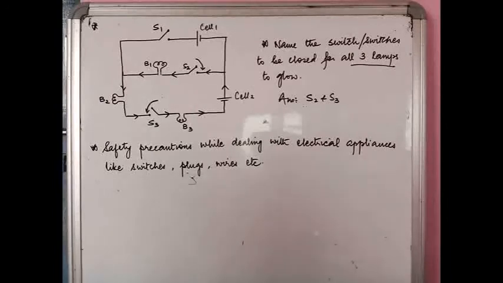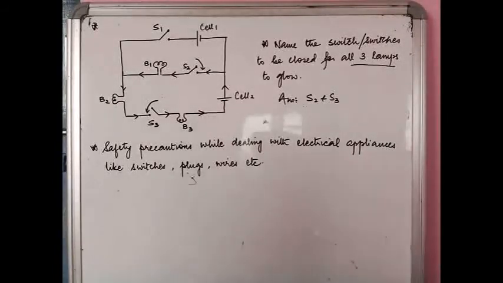There should be proper insulation, especially for high current carrying wires and for appliances which require a lot of current draw. Okay, so if you are using appliances like geysers and ovens, the wires should be thickly insulated, properly insulated, and then last of all there should be appliance earthing provided. Okay, these are some of the important safety precautions. There are a number of them given in the book. You can always read through it.